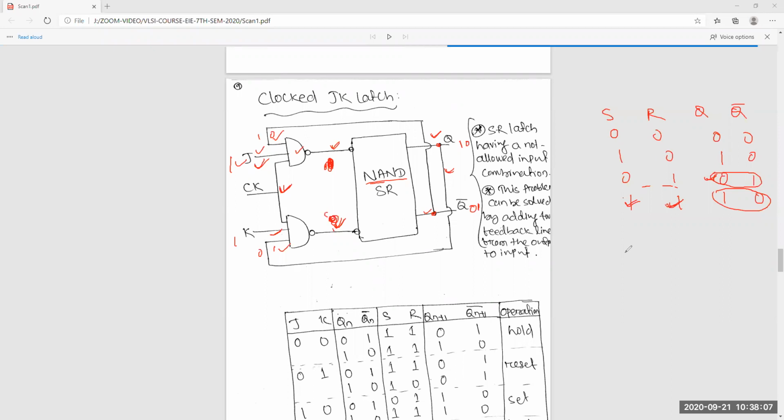Exactly, the master slave. But you should know what the problem actually is. Due to toggling, what happened? The value will keep on changing continuously.